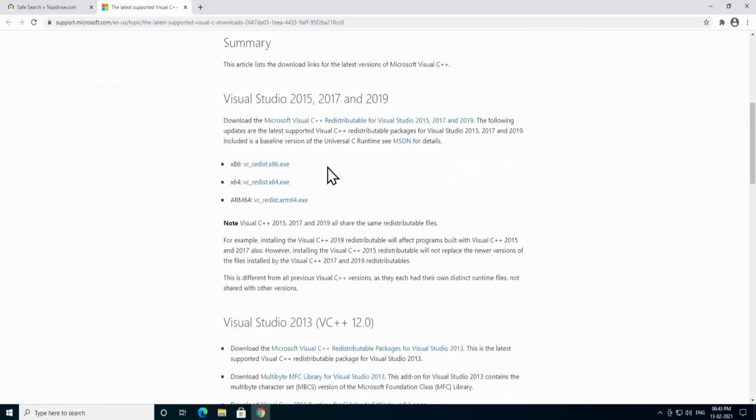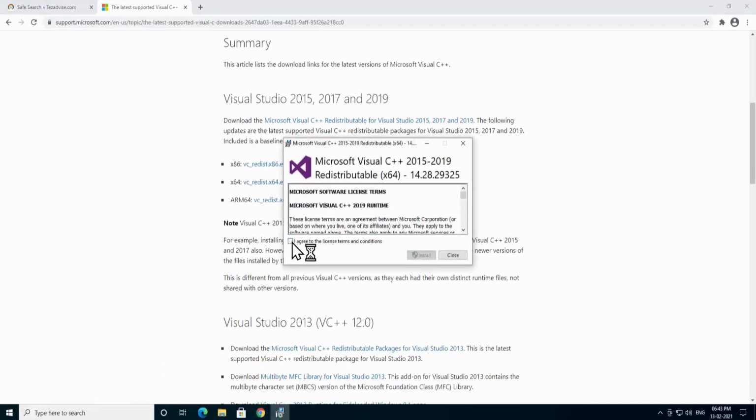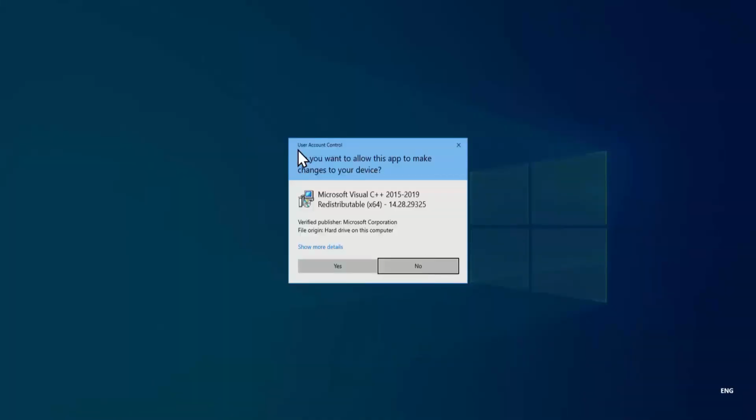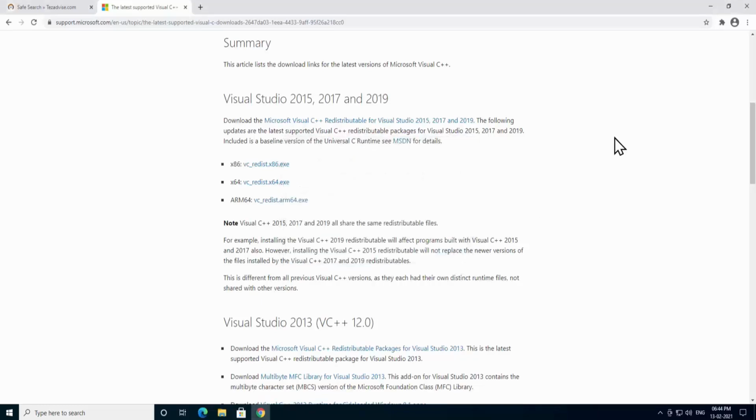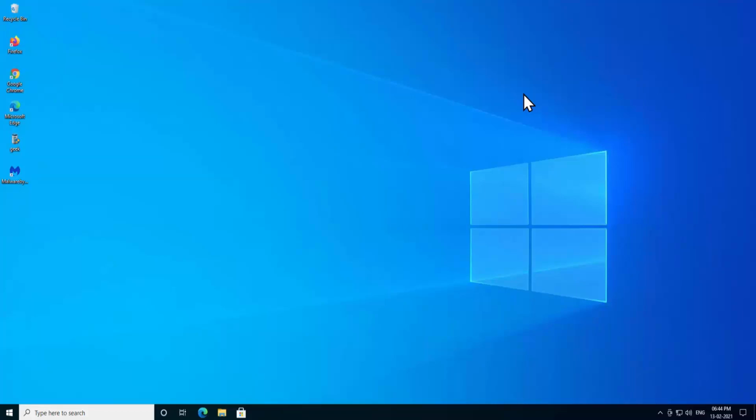Scroll it down. Here as you can see x86, x64. If you are a 32-bit user, then click on this one. As I am a 64-bit user, I'll click on this one. After downloading the file, open it. Here, check this box and click on install. It asks for UAC permission, meaning User Account Control. Do you want to allow this app to make changes to your device? Click yes. Once it's done, click on close, and that's all you have to do to fix